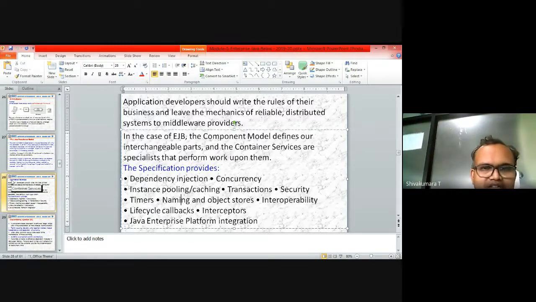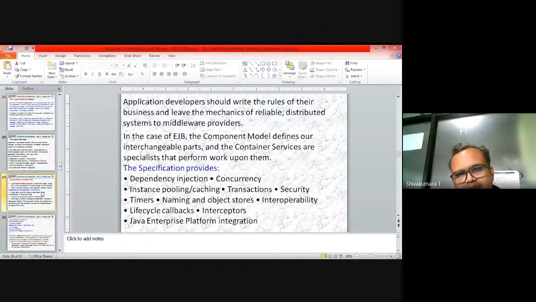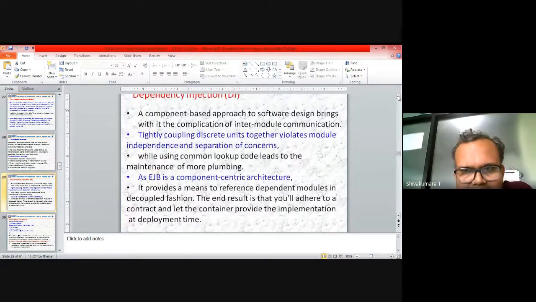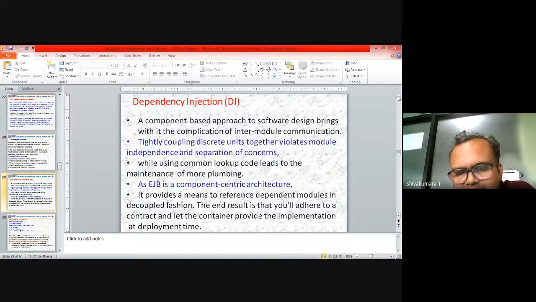Okay, now let us understand what is dependency injection. When you look into NetBeans itself, NetBeans is actually an editor. It supports this dependency injection. It means that if one interface is created for the local, you have worked with EJB, those entity beans, right? If you create a method to accept the value from the client side, that method should be included in the local interface, right? So dependency injection is nothing but a component based approach to software design